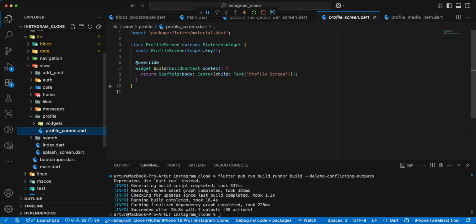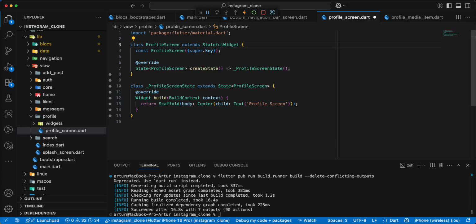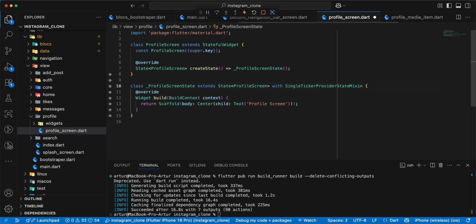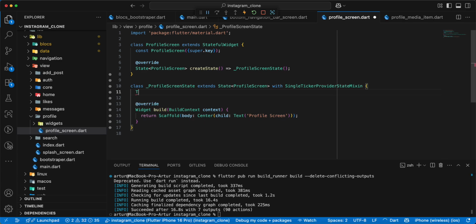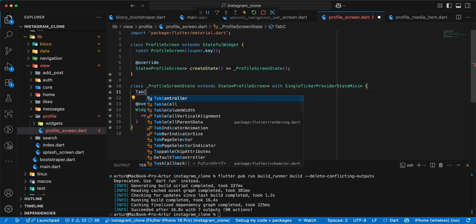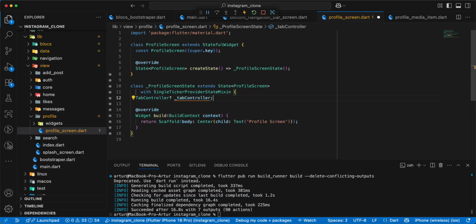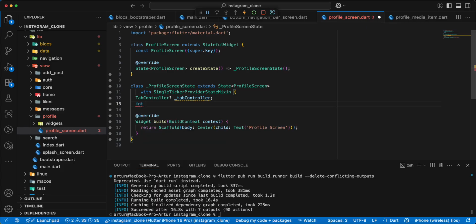then we open profile screen and update this file, and we convert StatelessWidget to StatefulWidget, and we add mixin SingleTickerProviderStateMixin, then we add variables, write tabController, write selectedIndex,